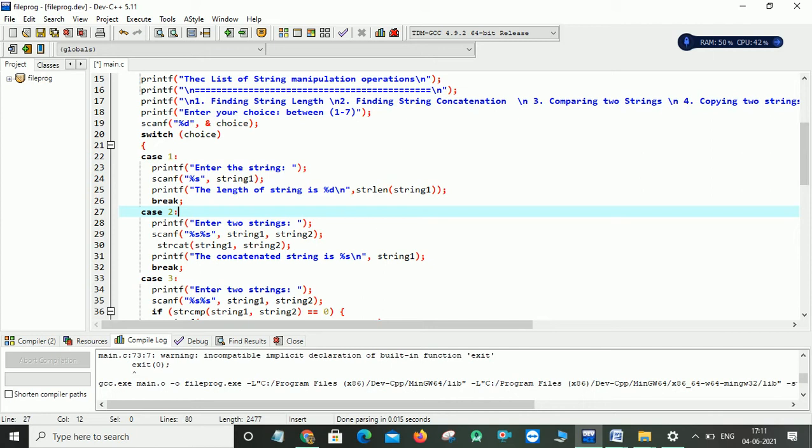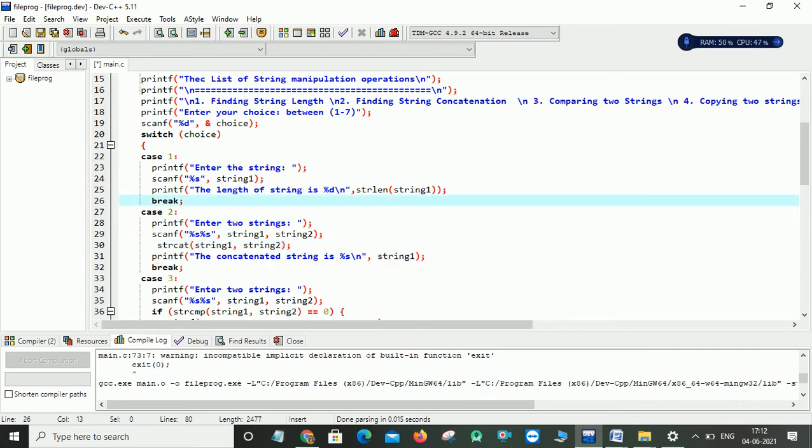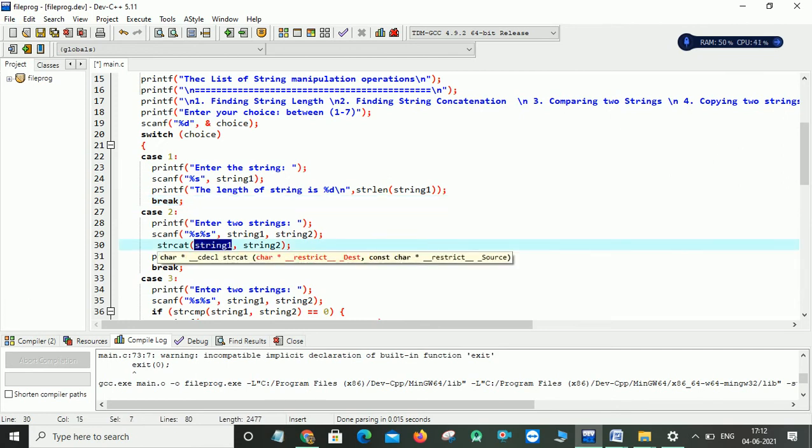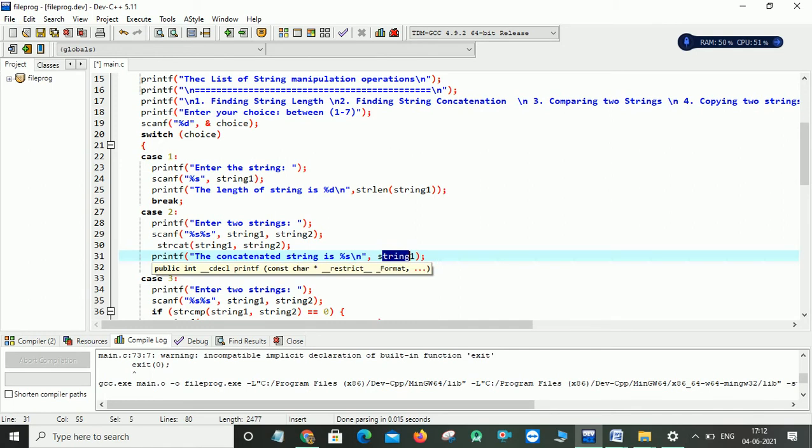So I will ask the user to enter two strings, read string1 and string2 using scanf, and simply use strcat, the string cat function, passing two strings: string1, string2. Now the content of string2 is concatenated to string1 and the result is in string1. Then I print the concatenated string with %s, because that value is available in string1.